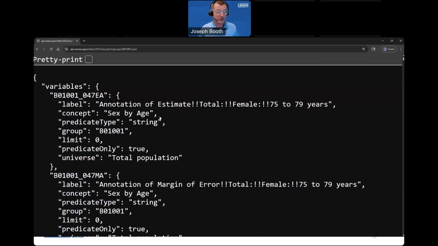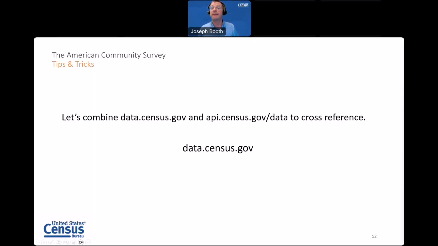All right, and let's take a look at, oh, okay. So we've got a few more minutes here. This is going to be our final demo. I'm going to combine some of the tips and tricks that I shared with you with data.census.gov. It wasn't clear to me when I first started using this, but data.census.gov is built using the Census API.